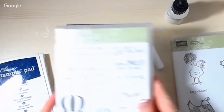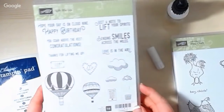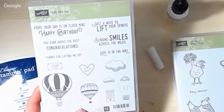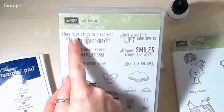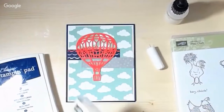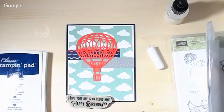I'm going to use the Lift Me Up stamp set. This is going to be new in the Occasions catalog. Again, this will be available January 4th. And I'm going to use this sentiment here: Hope your day is on cloud 9. Happy birthday. And so